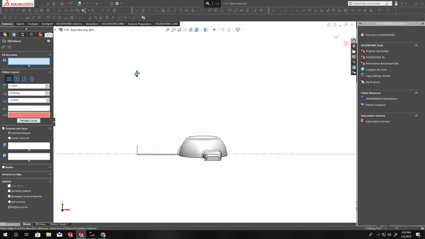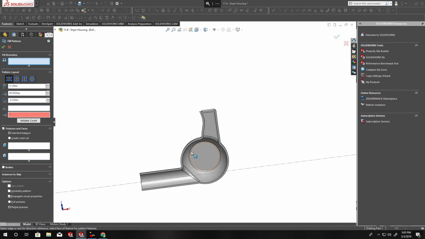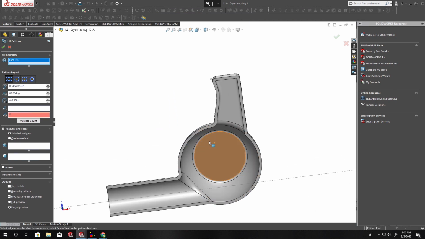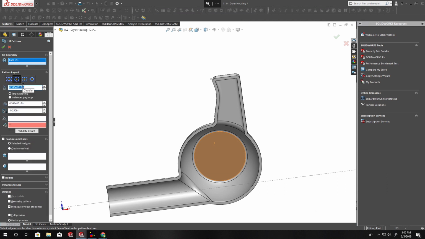I'm going to select the boundary in which I want the pattern to be filled with. So I'm going to use the bottom surface of this so it cuts outward. Because we're dealing with the circular surface here, I'm going to set the pattern layout to circular. I will have a loop spacing of 0.25, instance spacing of 0.25,